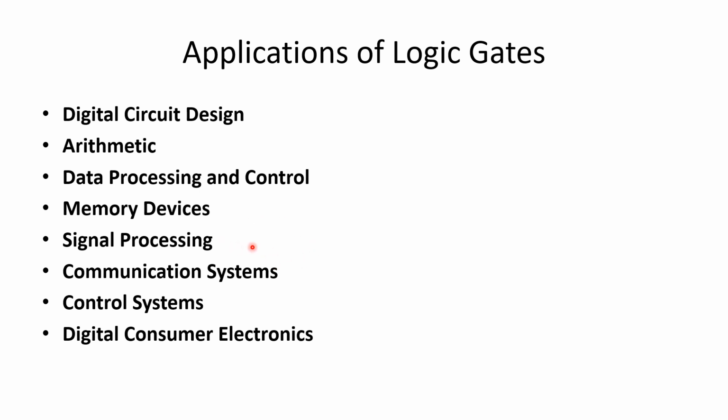They are used to implement digital filters and algorithms for noise reduction and signal enhancement. Logic gates are involved in error detection and correction mechanisms for digital integrity. Logic gates are used to build automated systems for industrial automation and safety and security applications. Logic gates are found in embedded systems of appliances like